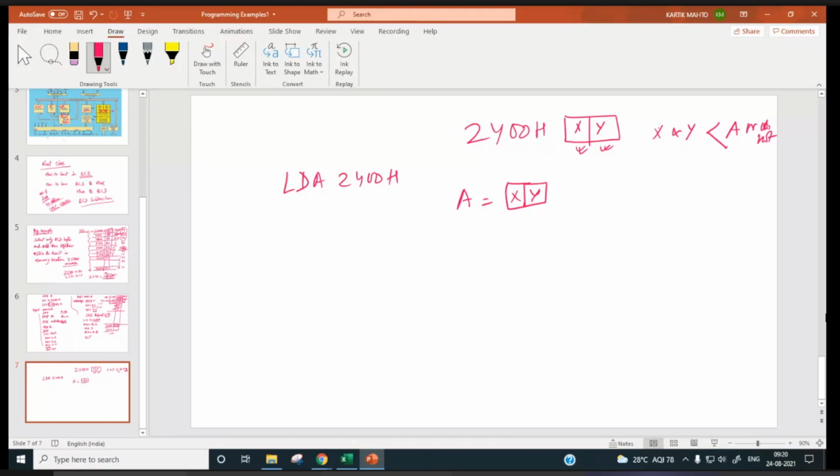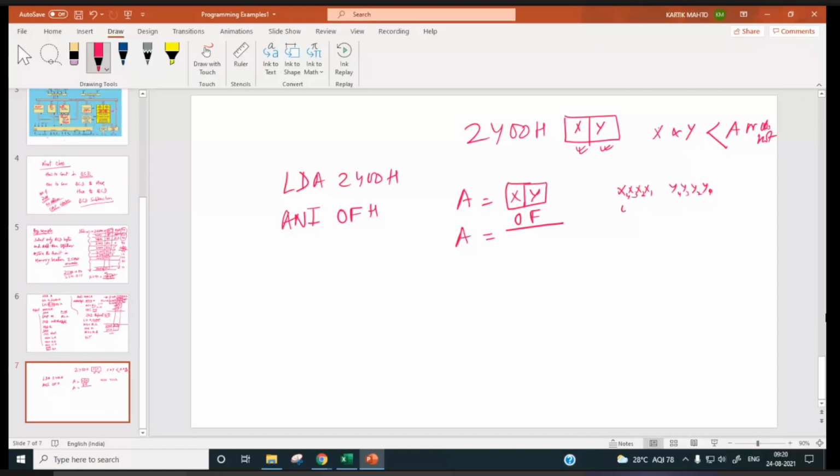Now if you do the instruction ANI 0FH, what will the accumulator content be? Quickly. It is the AND operation of XY and 0F. So XY is Y1, Y2, Y3, Y4, X1, X2, X3, X4, 8 bits.